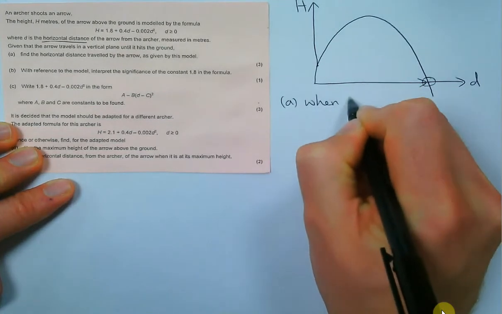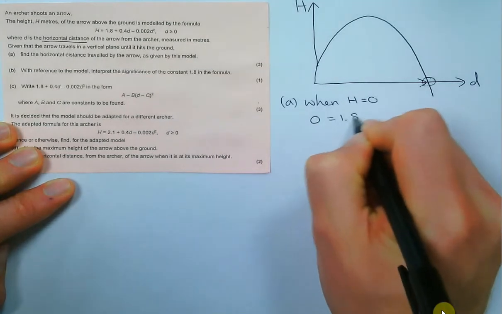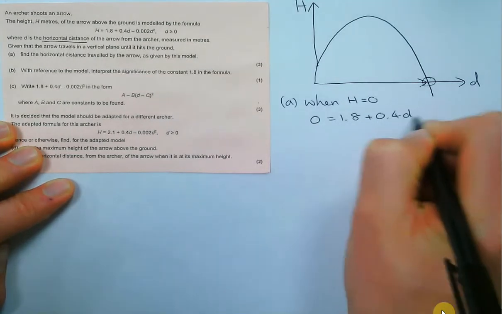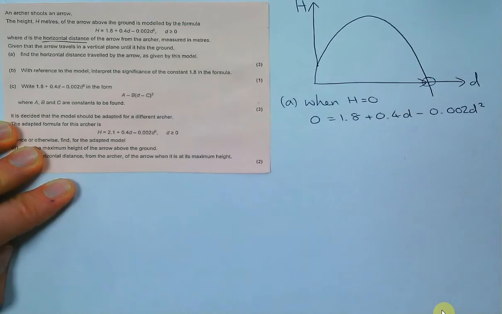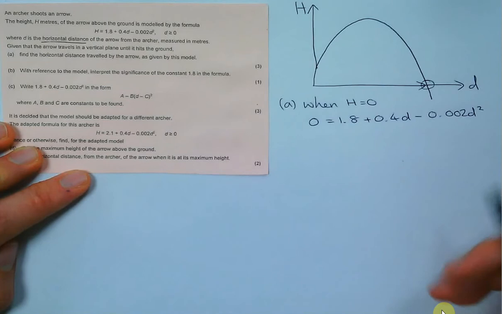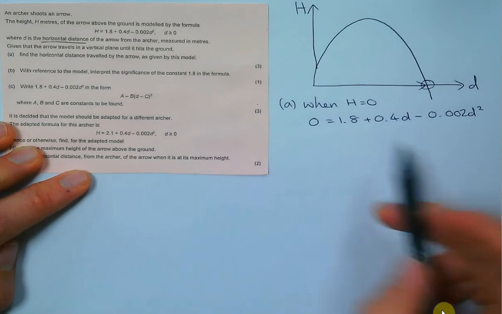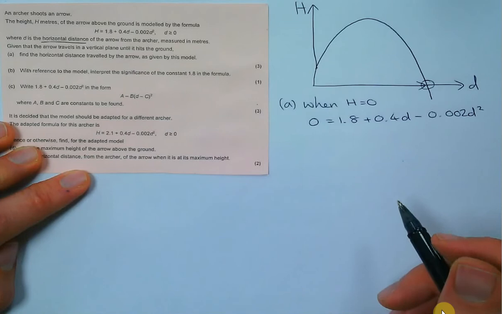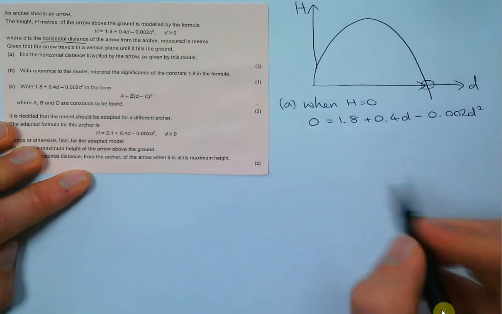So when h is equal to 0, what we actually have is 0 equals 1.8 plus 0.4d minus 0.002d squared. Okay, so we just have to solve this quadratic. If you've got the ClassWiz Casio or a slightly older model, you can just type this straight in and it would give you two answers. It's probably nice to show your working, use the quadratic formula, but you get